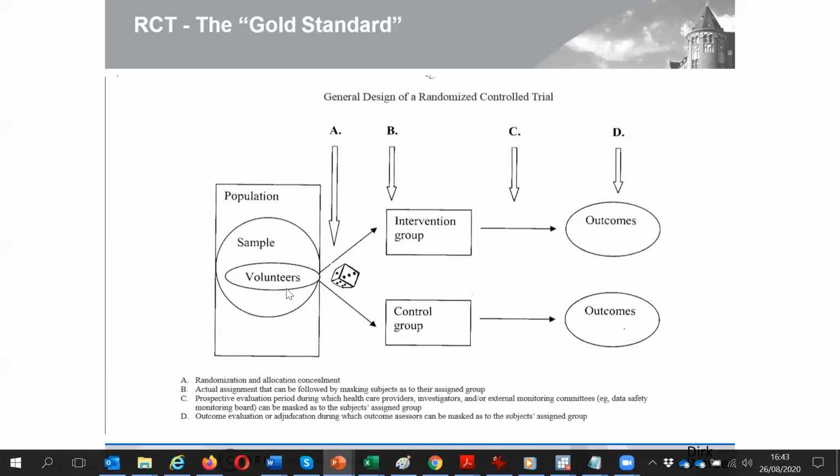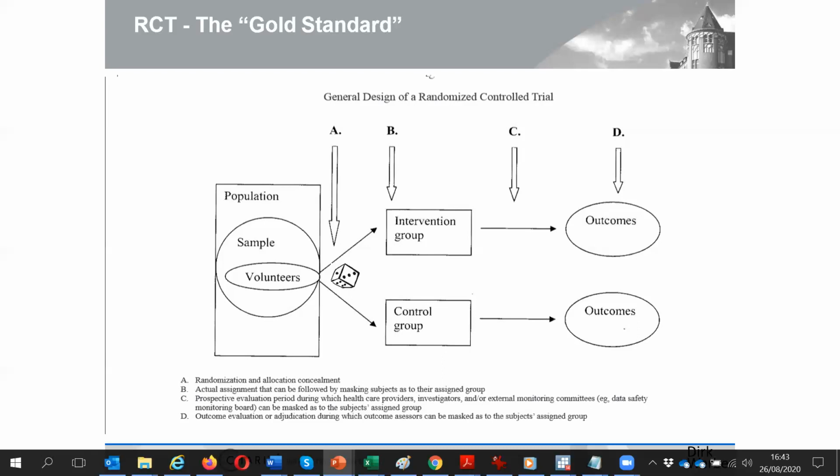Most of the RCTs, when you're giving a drug, how you select your population, I know these sampling methods, but in most cases it's not like you randomly select people; you have a set of volunteers. Then these volunteers are randomized into either an intervention or a control group. But as you randomize, there's also the element of allocation concealment. Whatever you're giving them is not known by the intervention or control group. Then there's the element of follow-up,